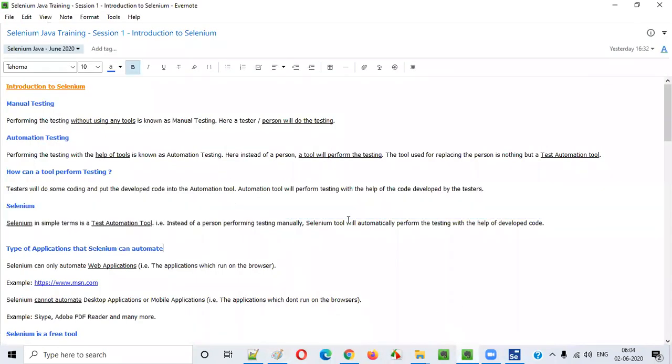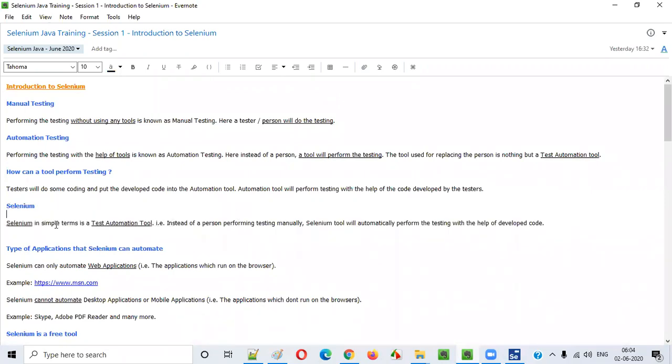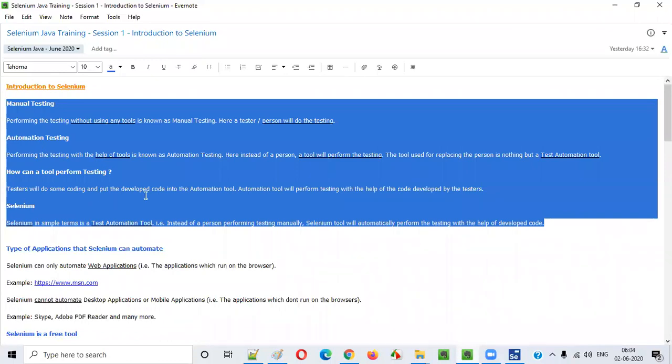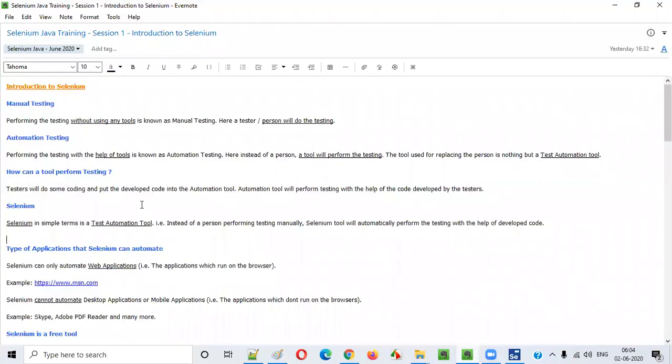Anyhow, how to do all these things, I am going to explain in the upcoming videos. It will take a while, guys. We have to learn all the things before getting there. Once we complete all those prerequisites, I'll show you how to automate something with the help of Selenium and how to execute the test. Everything I'm going to explain in practical in the upcoming videos. For now, you just need to understand what we are going to do with Selenium and what exactly Selenium is.